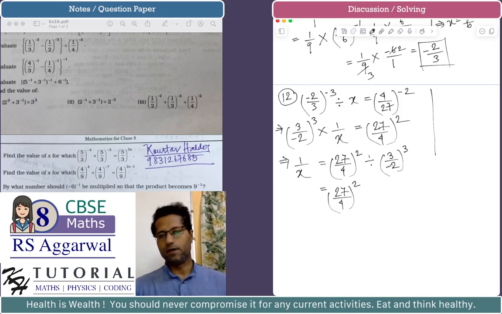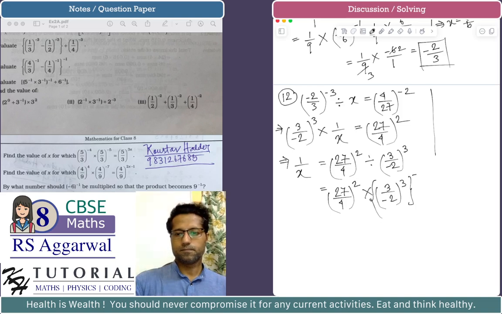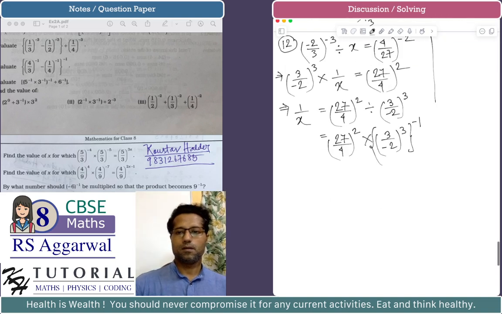We have division, so division means multiplied by the reciprocal of 3 by minus 2 cube reciprocal. So this is equal to 27 by 4. Okay, now